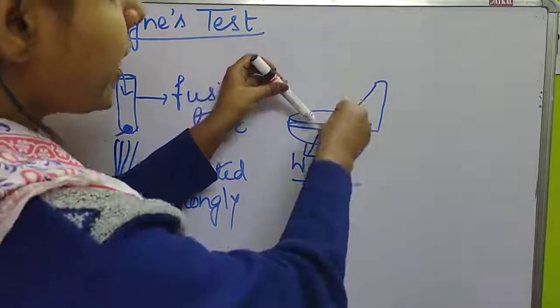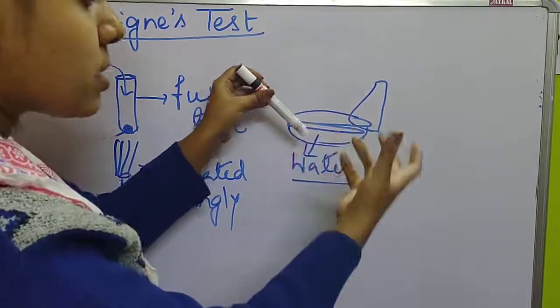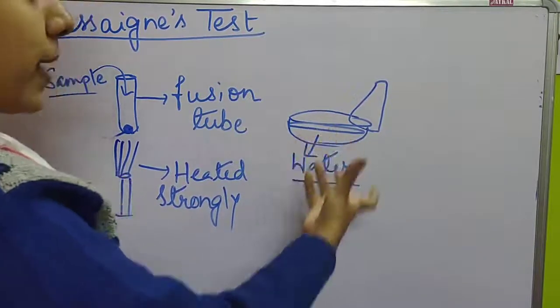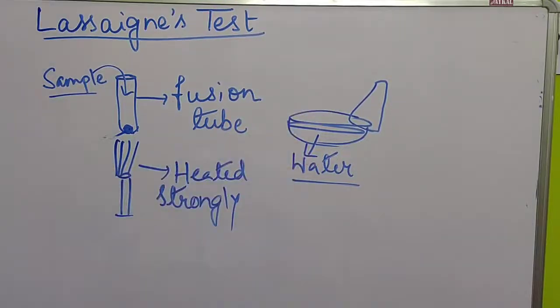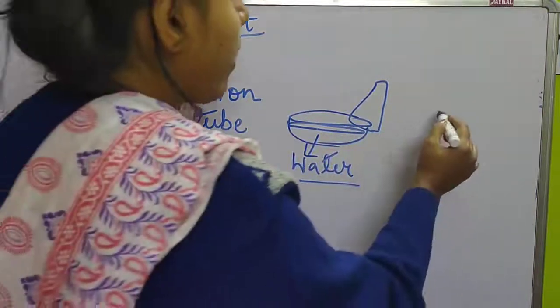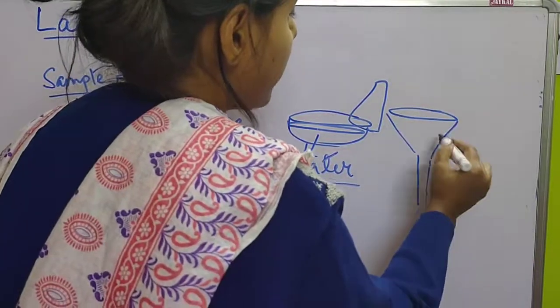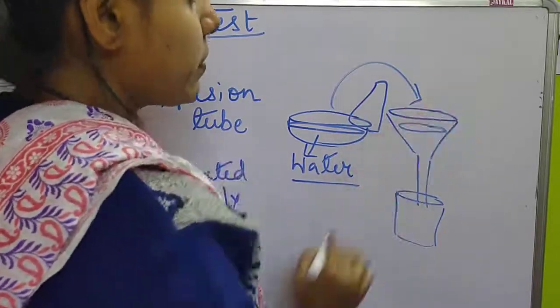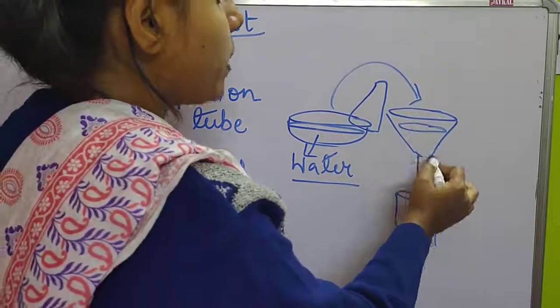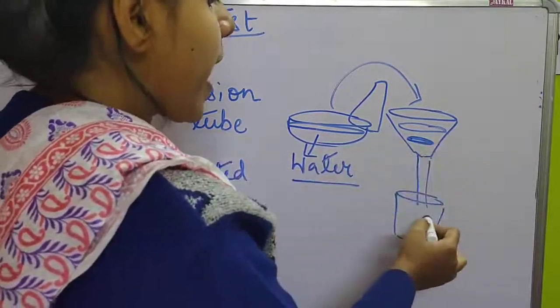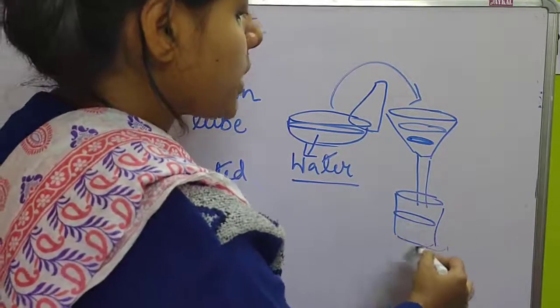So after breaking it, it will make a hiss sound. After that you could see that the solution will become black colored. Now we have to take the solution, we have to boil it for a while, and then we have to cool it, okay. After boiling it for a while, you have to cool it, and then we have to filter it with the help of a filter paper. This solution we have to put in the funnel, and then we have to place a filter paper here. So the remaining solids will be in this part, and the liquid part will go into this beaker.